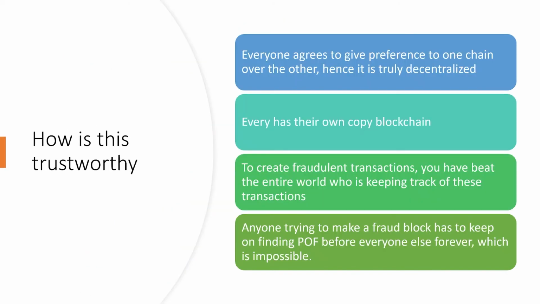So how exactly is this system trustworthy? Because everyone has agreed on a fixed protocol, and hence there can be no discrepancy, and hence it is truly decentralized because there's no one central entity looking over it, but everyone has come to it from a general consensus. Everyone has their own copy of the blockchain, and to create fraudulent transactions, you have to beat the entire world. We just learned about this. To create a fraudulent transaction, you have to run your own chain and compete with the entire world, which is